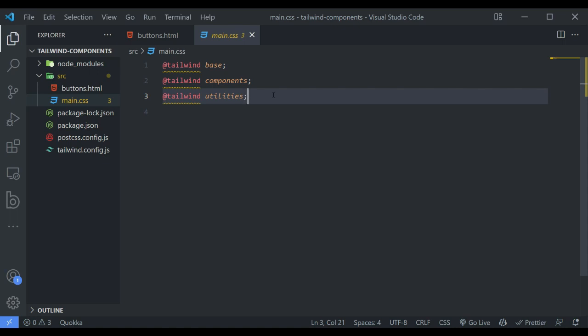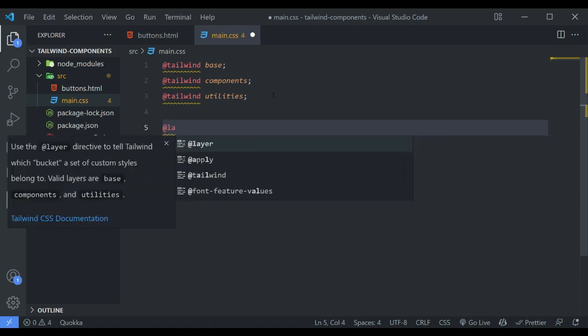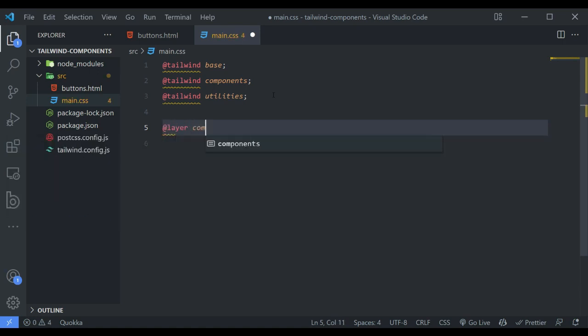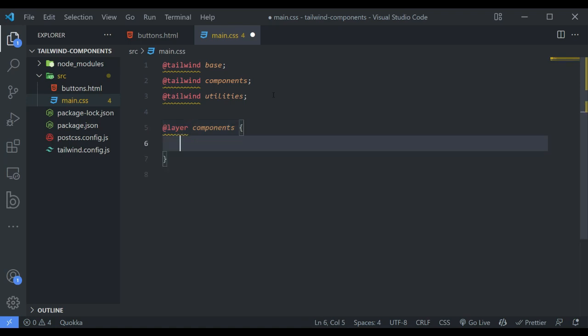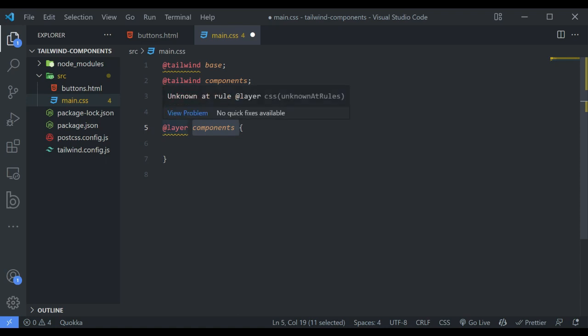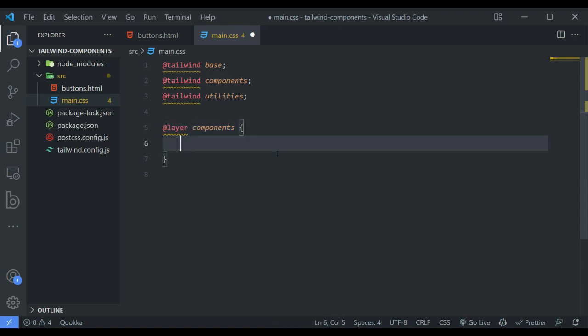So first of all, I am going to add layer directive components curly braces. So here components means layer directive will inject my classes inside of components layer. Understand? So we will have btn class